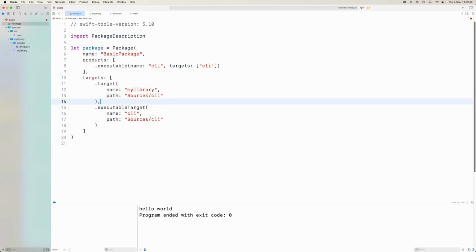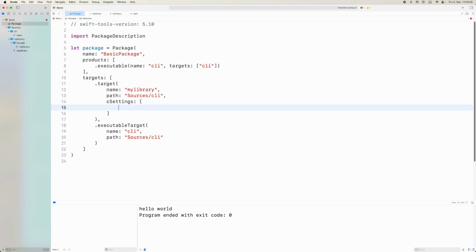Let's come back to the Swift package manager. Well, now we have these two libraries. Well, we can't now build it, right? Because we've not told it where the headers are. So we need to say system settings here, and